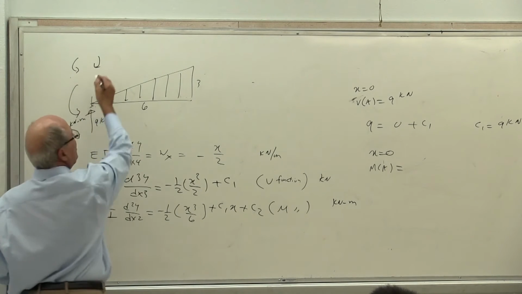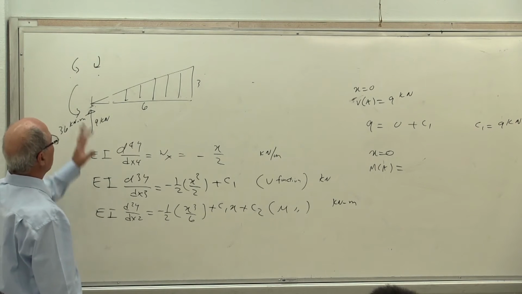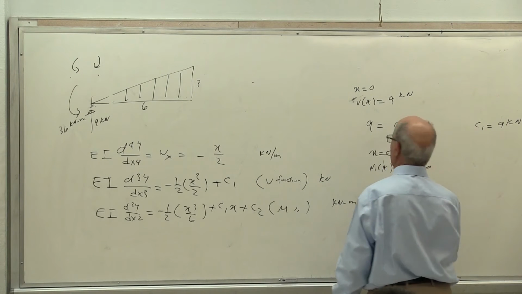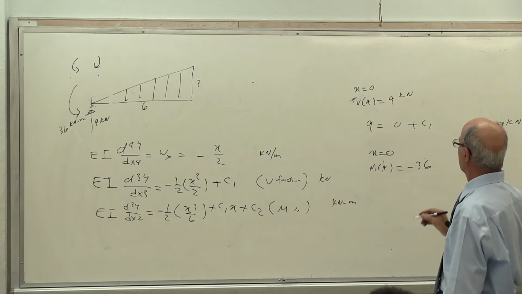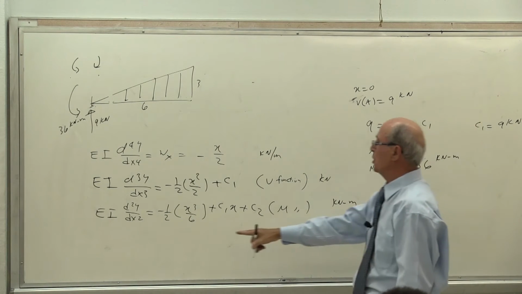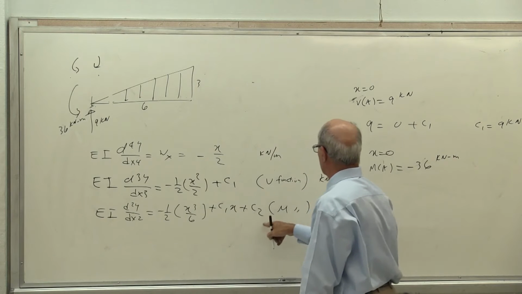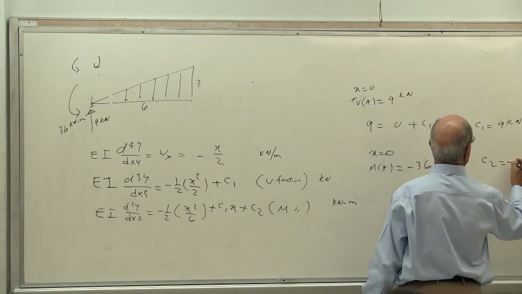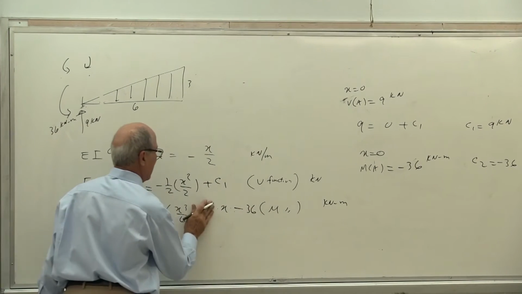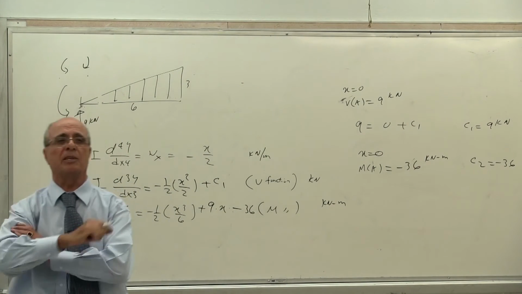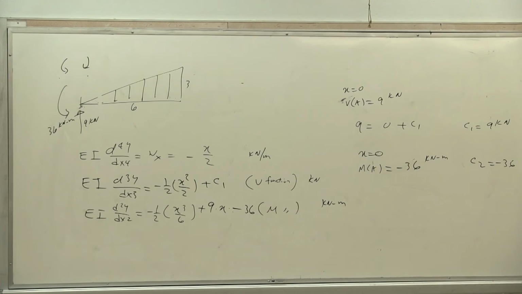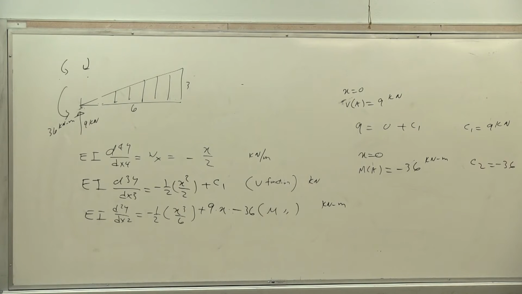This is the action. This is the reaction of the beam, and that's what we are talking about. ME218 is all about that. So it is not plus 36. It is minus 36, the way you were plotting it, kilonewton meter. So the value, you put it here, again, 0 equal to minus 36. As you see, C2 becomes equal to minus 36. Now if I put here minus 36, and I put here 9, is that the same equation? It must be. Look at the other one. Is that the same thing? Must be, right? So I don't have to go through this again.